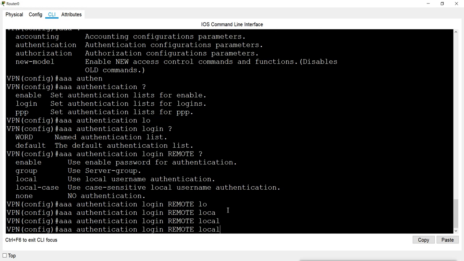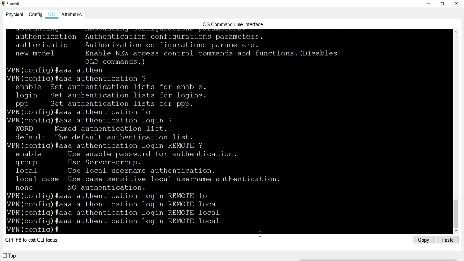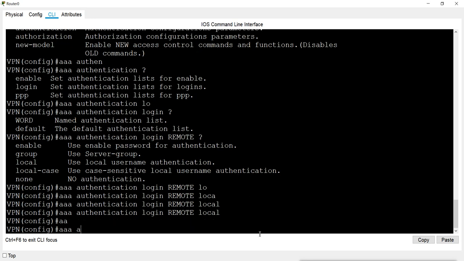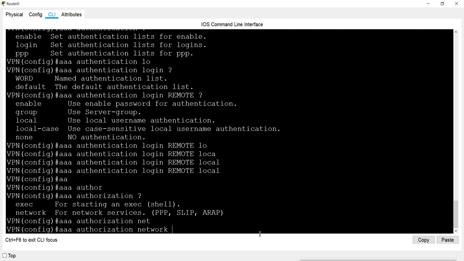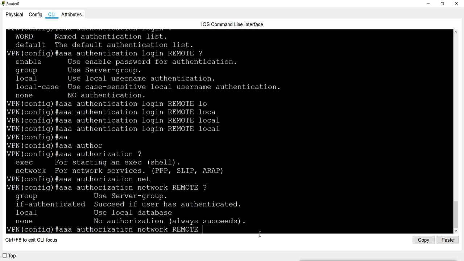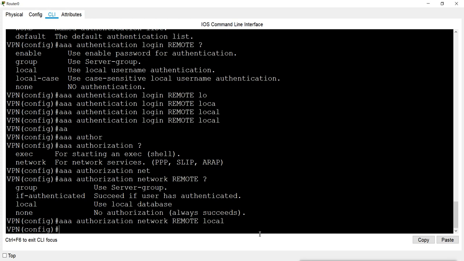Local means we are using a local username for authentication. Again local for the database. This is to enable the AAA authentication.